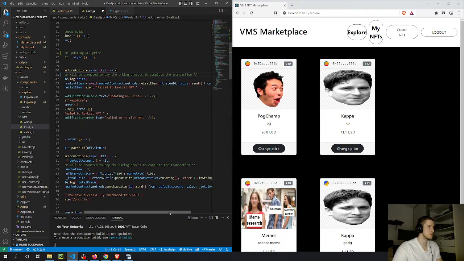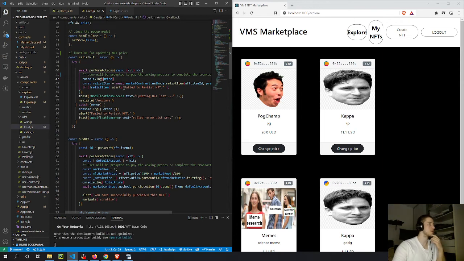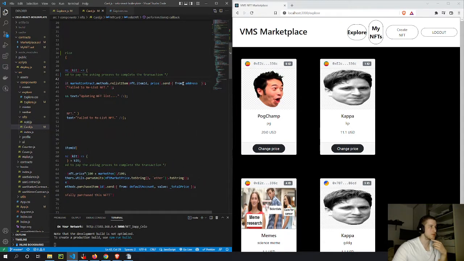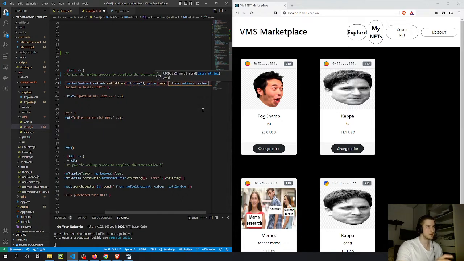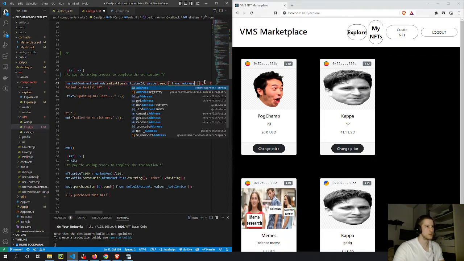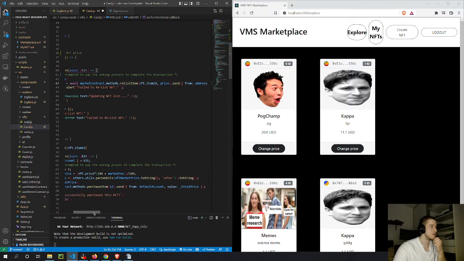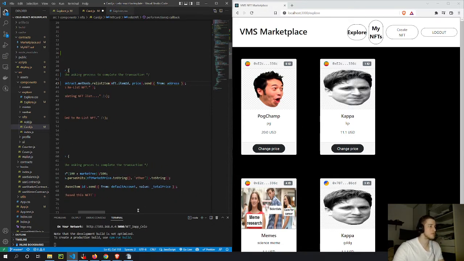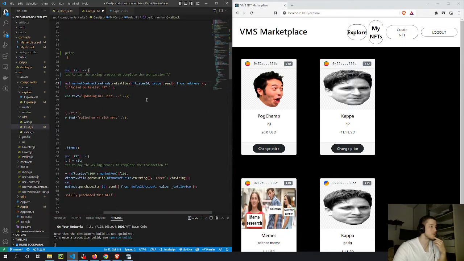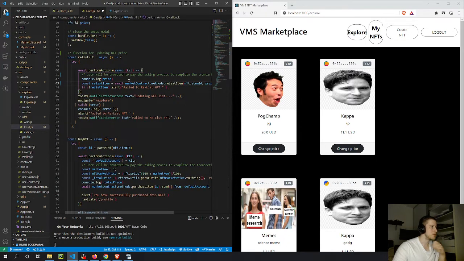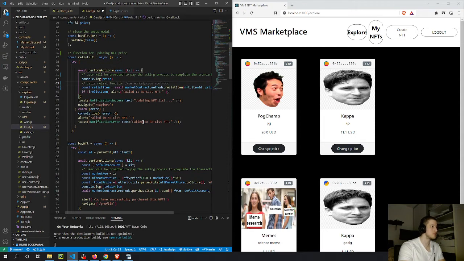to complete the transaction. So this I also spent a lot of time with, because of the stuff I already talked about. Every time you're calling a function that requires a price, I think I changed this one, but before I had a price to release. Every time you do that, you're gonna have to pass the exact price that the function is asking. If you don't pass the price as the message value, which comes from this object here, after the from, and then you put who is sending the message, you put a value like this, and then you pass the value, whatever value it is. If you don't pass the exact value, the function is gonna show not enough gas. And yeah. So you have to remember which value you put on the smart contract, so you can put here when you're calling the function. And then this pretty much calls release function from marketplace contract,